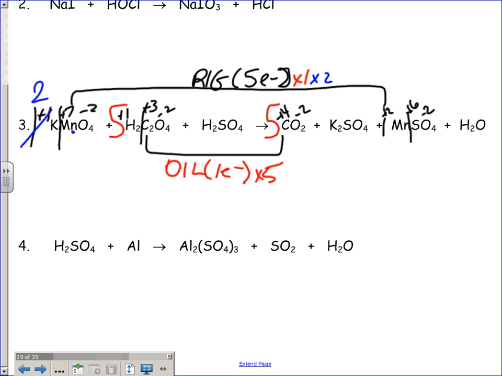So I balanced out my potassiums. So that means this right here, if I put a 2 here, I have to put a 2 here. All right, so right now I'm saying that I have gained a total of 10 electrons. That means I have to also show that down here with my oil. And that's actually going to help us work out our balancing. So I know if I have 10 electrons here, I have to have 10 electrons here. So to these, I need to look and see. I'm going to put 2 right there, but I'm going to see what I have to do with those 2